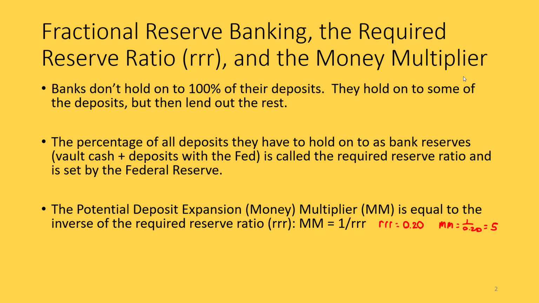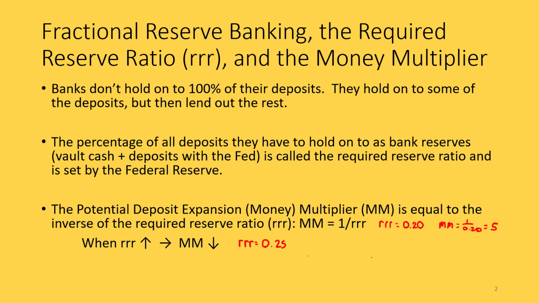But it might not necessarily be that big if people choose to hold on to money instead of putting it in the bank, or if the bank chooses to hold on to their excess reserves rather than lend them out. Right? Now, if the required reserve ratio were to go up, then the size of the multiplier would go down. So if the Fed wanted to restrict money supply, then they might raise the required reserve ratio from 0.20 to, say,